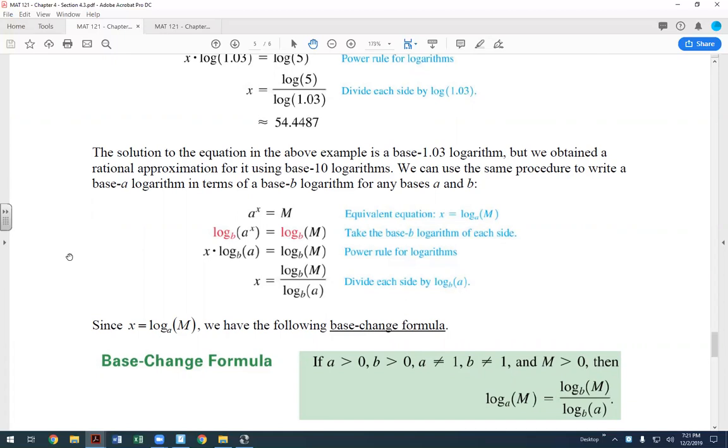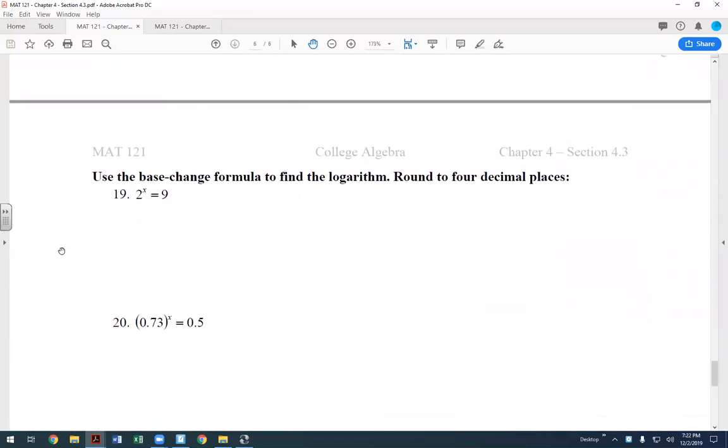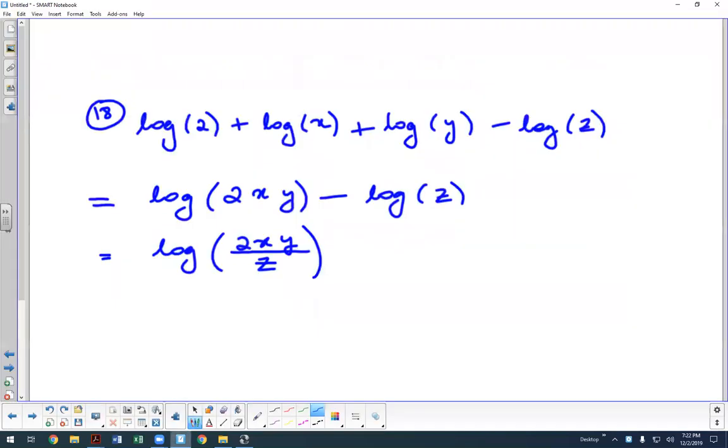Now they're actually using base b here just to keep it general, but for our calculations, our base b will either be base 10 or base e so that we can use one of those two log keys on our calculator. So your general format for the base change formula is the value of the logarithm goes on the top, the original base for the logarithm goes on the bottom. So you have log of m on the top divided by log of a on the bottom. Same thing, it can be natural log of m on the top divided by natural log of a on the bottom. So using this base change formula, and we're rounding it to 4 decimal places,